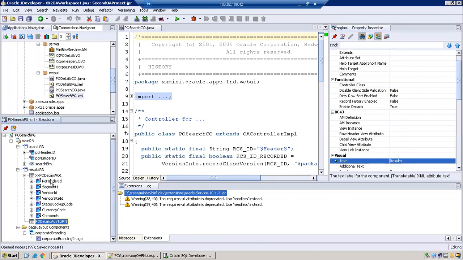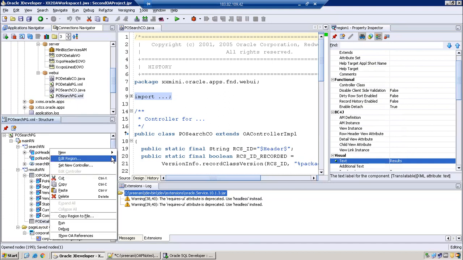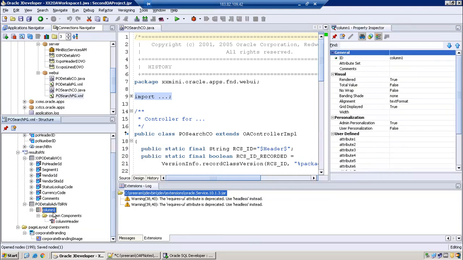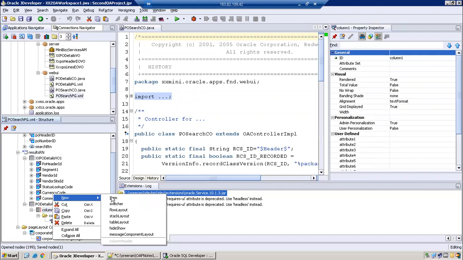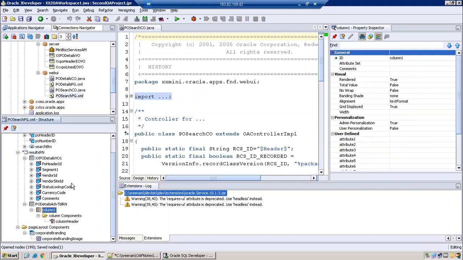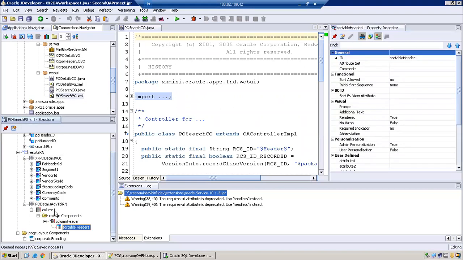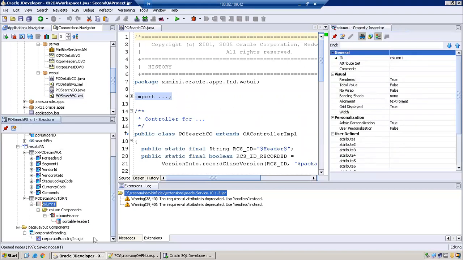Now in the advanced table region, the concept is, if you observe the normal table region, you just have a table region and then the column. But in the advanced table, it is not like that. You're required to have a column header as well as the item. Just right click here and click new column. This is just a column header. In this one, you need to create an item manually like this. And also you require a header again separately. So this column component will have two things: one is the actual item which you want to display, and the other one is the header part.